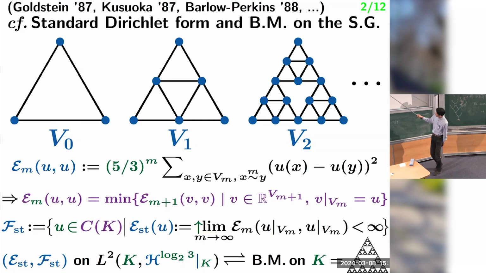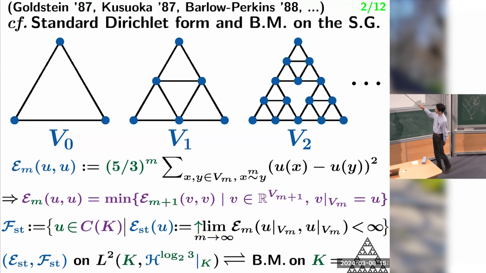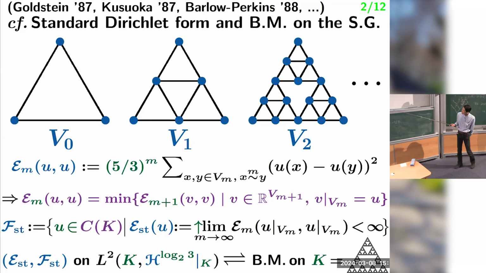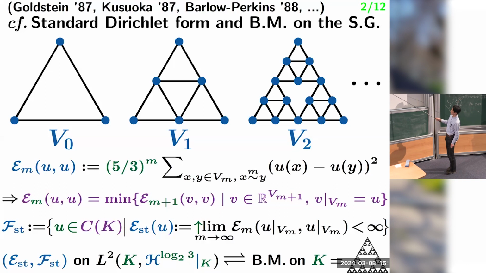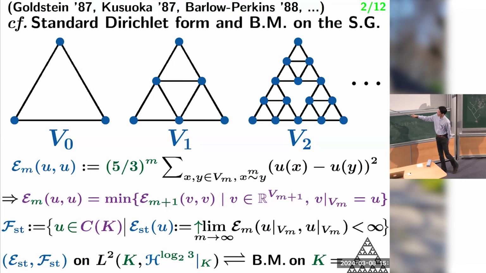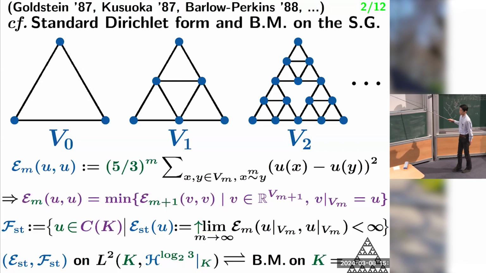And after suitable rescaling, in this particular case, it's given by this number. And then you can take the natural limit of this sequence of discrete energies. And the limit object is some nice energy functional, whose generator is what is called the Brownian motion on the